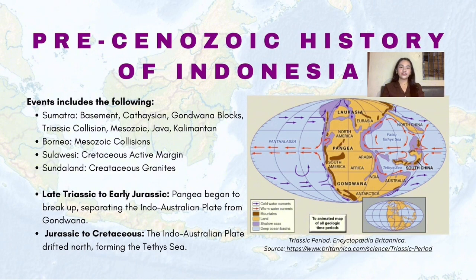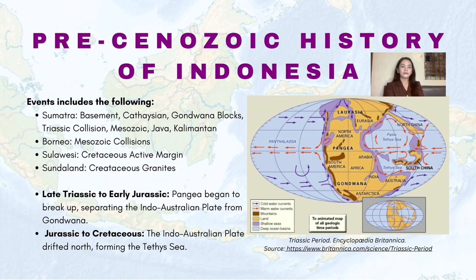Indonesia's tectonic evolution is a complex and ongoing process shaped by the interactions of multiple tectonic plates. During the late Triassic to early Jurassic, the breakup of the supercontinent Pangaea began with the separation of the Indo-Australian plate from Gondwana. As well as during the Jurassic to Cretaceous, the Indo-Australian plate drifted northward, leading to the formation of the Tethys Sea. The Triassic period marked the beginning of major changes that were to take place throughout the